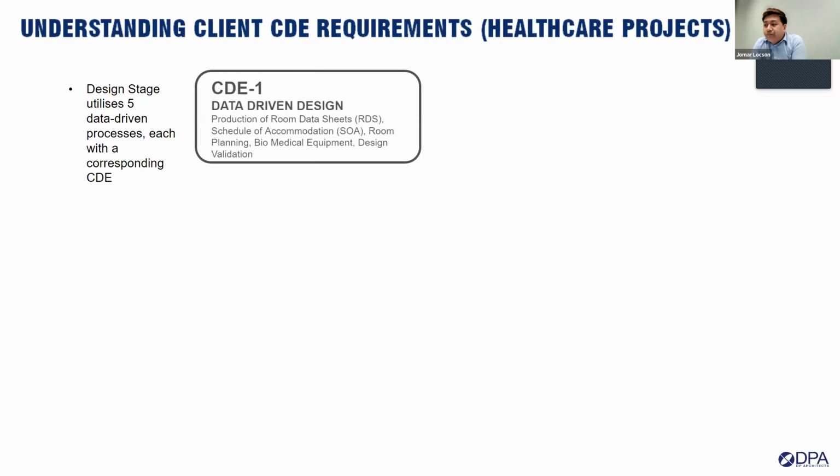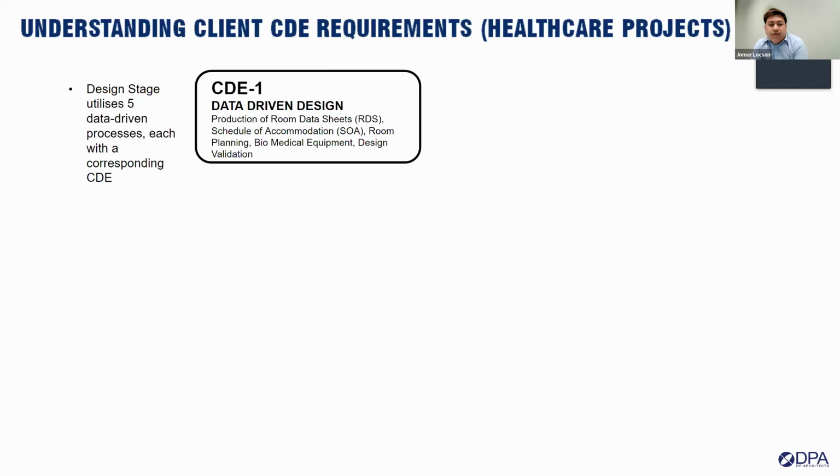The first one is to derive a data-driven design, which we call CDE1. So CDE1 requires us to produce room data sheets, room planning, biomedical equipment elements, item elements, and future M&E requirements